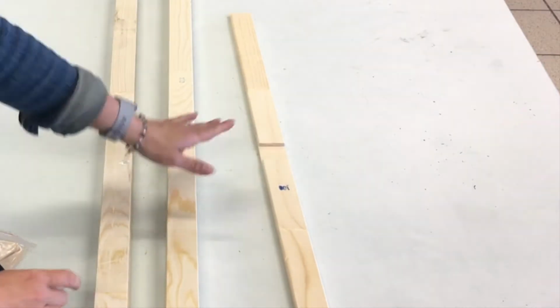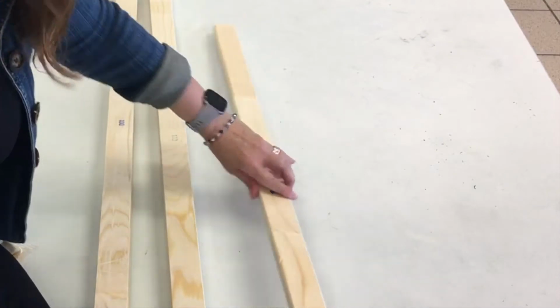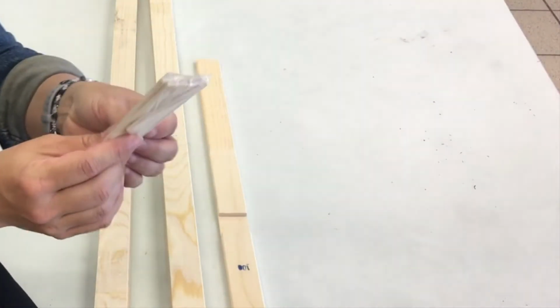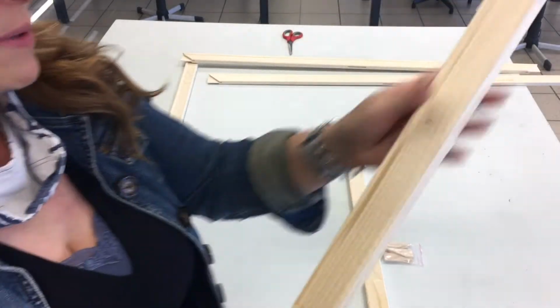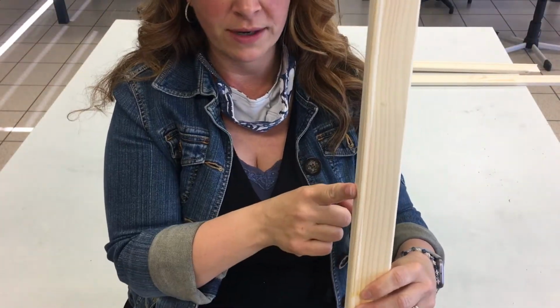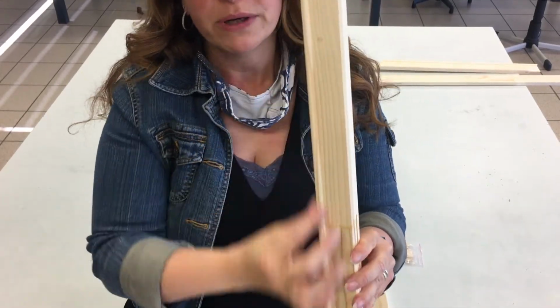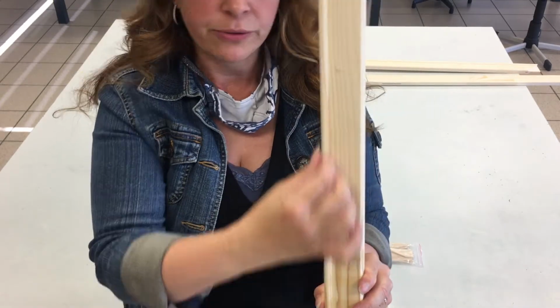I'm doing mine 100 by 130. And if it's a large canvas, you need a cross brace. You'll also get these little corners. So stretcher strips come with this little groove on one side and flat on the other. You want to make sure that when you put together your stretcher strips, all the grooves are facing the same